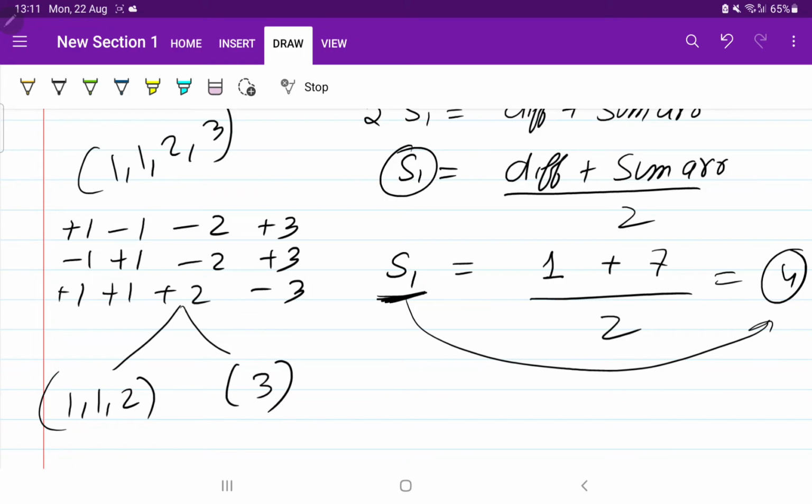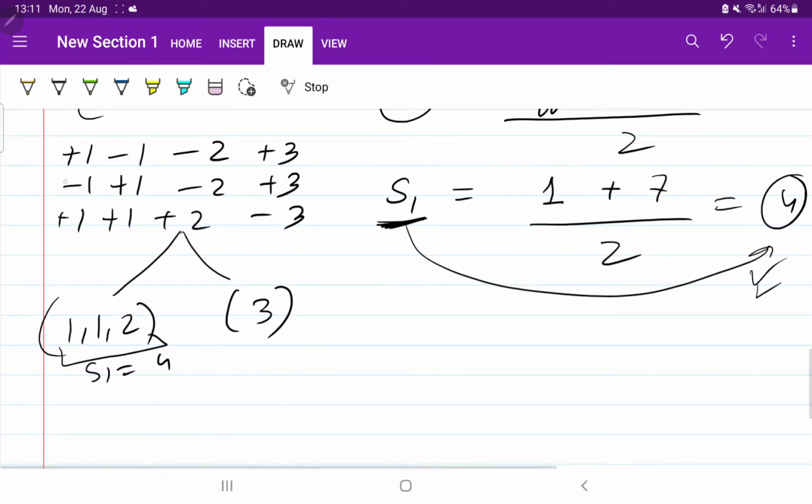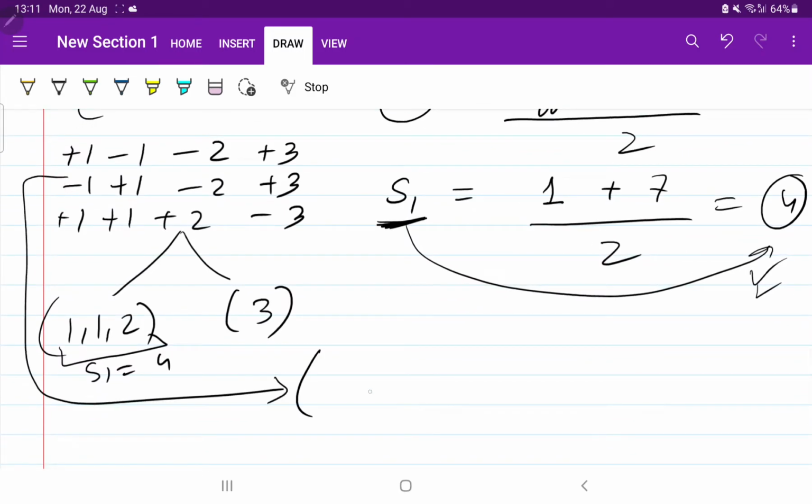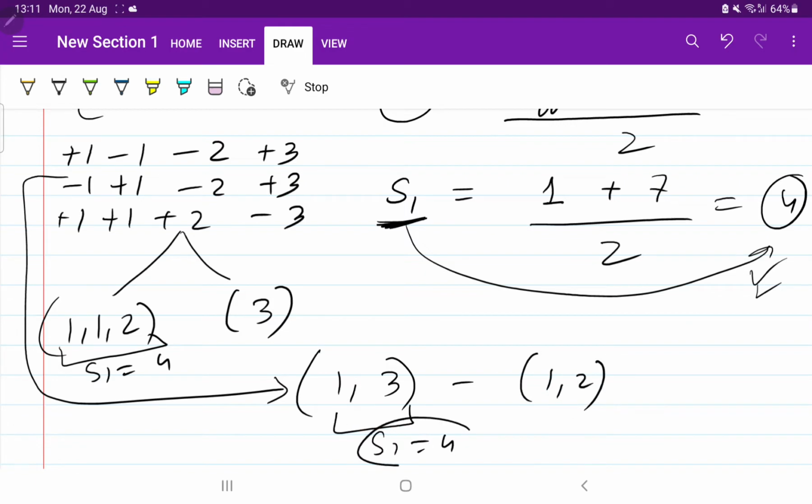Okay, these were the two subsets. So S1 value was 4. Yes, here also by the formula we are getting 4, and here also we have got the value as 4. Okay, let us take this one. Let us write plus here and minus here. So here also the sum of first subset is 4.